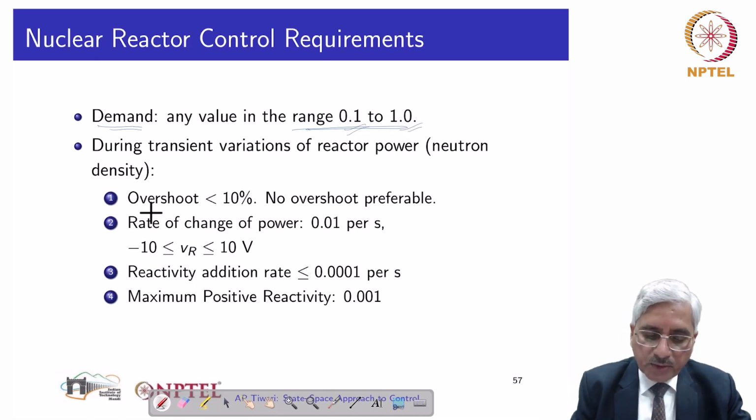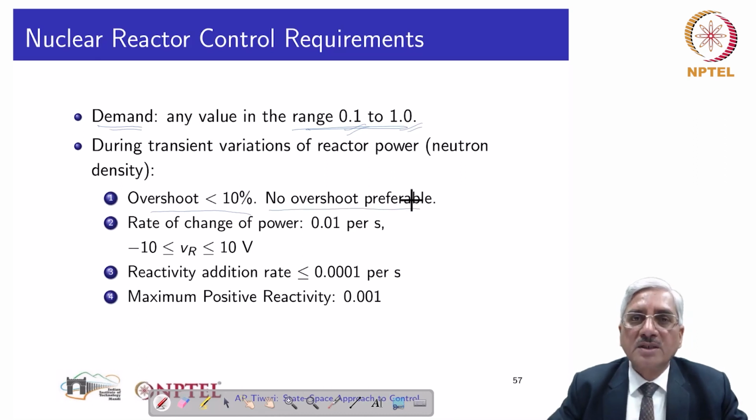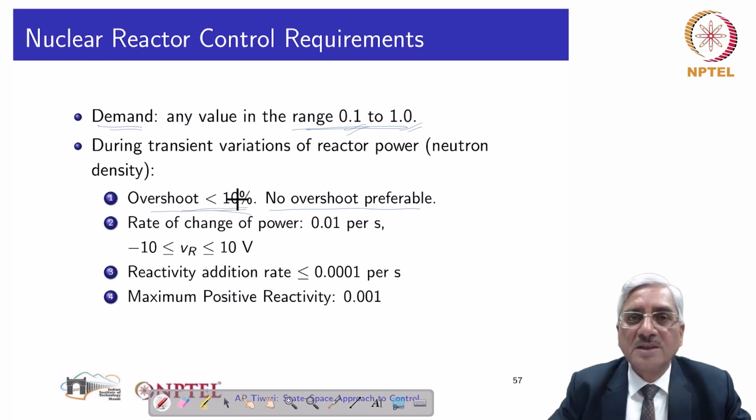And overshoot, generally we don't prefer in the operation of a nuclear reactor. We change the demand at such a small rate, and we also design so that overshoot doesn't occur. However, if at all it occurs, it should be well below 10%, otherwise the reactor will trip. By trip we mean it is quickly shut down,